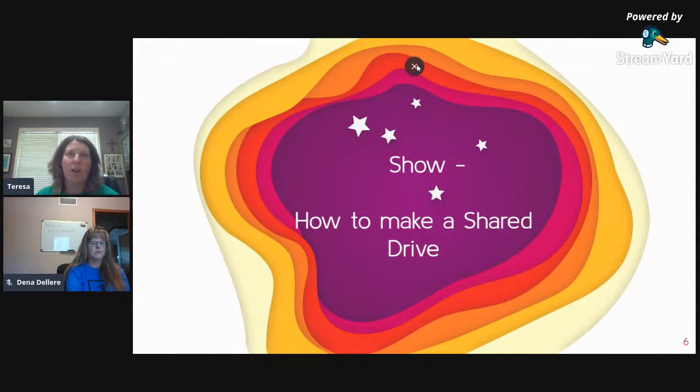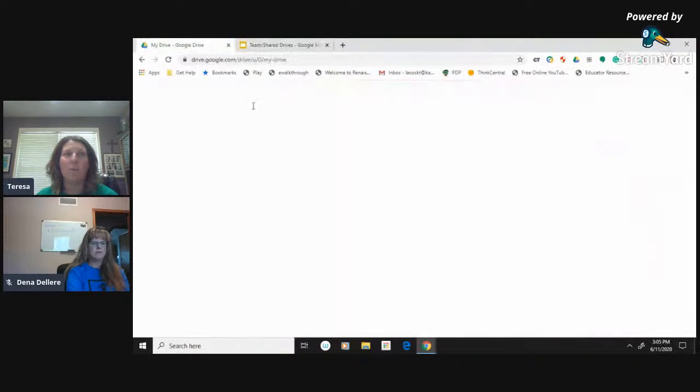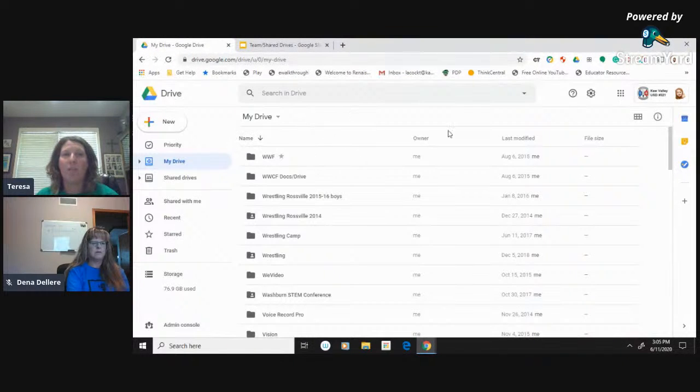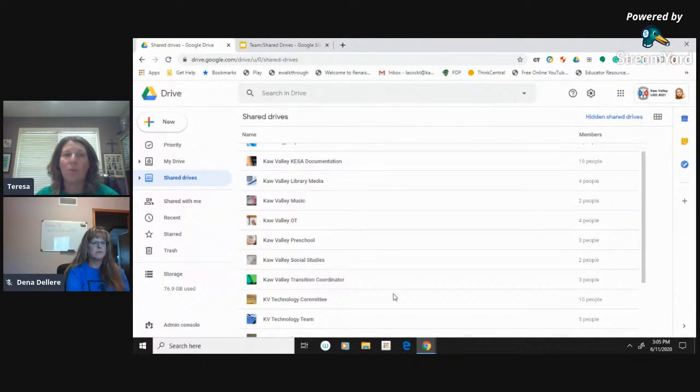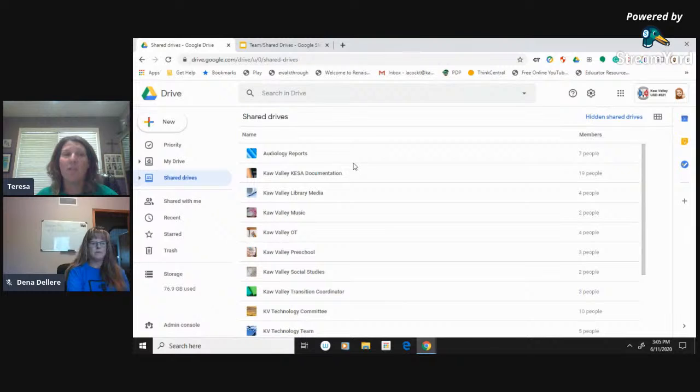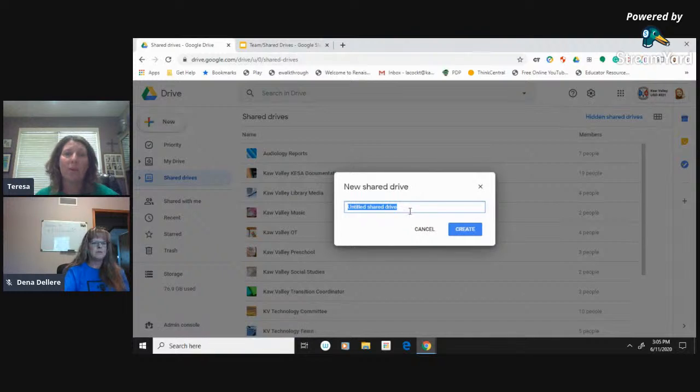So we're going to look at how to make one. I'm going to bring up my drive right here, and you can see right under it, I have shared drives. Again, if you don't have that, that's something you need to request. If you're in here, it'll list out all the drives that you are a member of. When I'm in here, I have access to create them. So I can say new. We're just going to call it